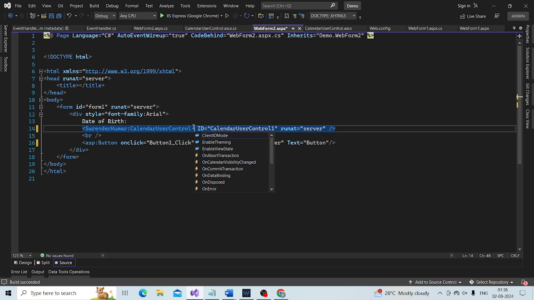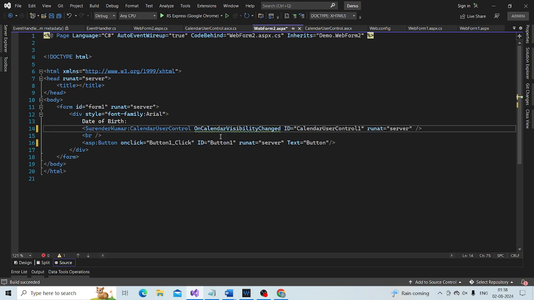So we have this on calendar visibility change. When that happens, I want to invoke this method. So first of all, I need to do what? On calendar visibility changed, that is the event.